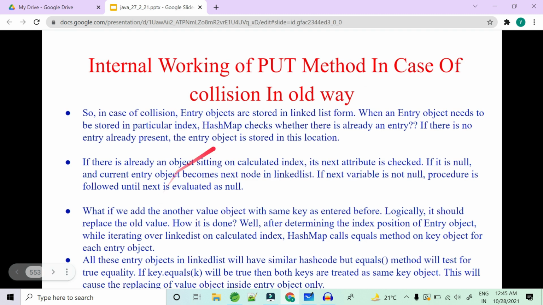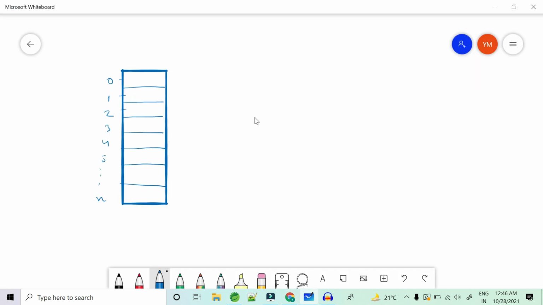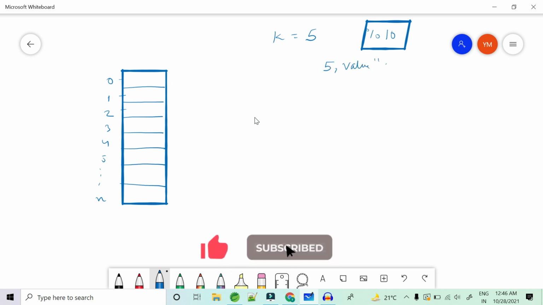Now, what if a collision happens, and how was it handled in the old way and how is it handled in the new way? The put method was as simple as that. Suppose I give you a key as 5 and your hash function is %10 written in your hashCode method. Then an Entry object 5 comma your value, say a string called code decode, is going to be stored at bucket location 5 as the Entry object of key comma value.